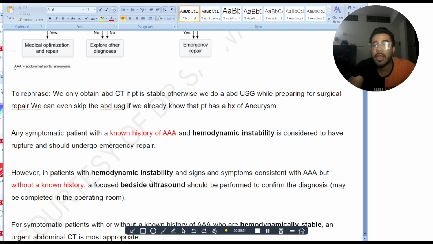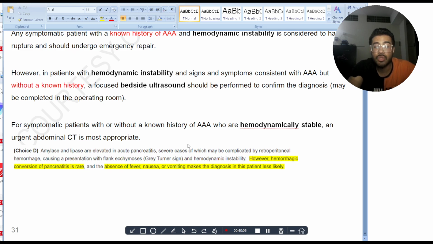However, in patients with hemodynamic instability and signs and symptoms consistent with abdominal aortic aneurysm, but without a known history, because the patient is unstable, you take the patient for the repair, and while you're doing it, you perform a bedside ultrasound. So this covers everything here. Amylase and lipase are elevated in acute pancreatitis, severe cases of which may be complicated by retroperitoneal hemorrhage, causing a presentation with flank ecchymosis and hemodynamic instability. However, hemorrhagic conversion of pancreatitis is rare, and the absence of fever, nausea, and vomiting makes the diagnosis in this patient less likely. So do not confuse the